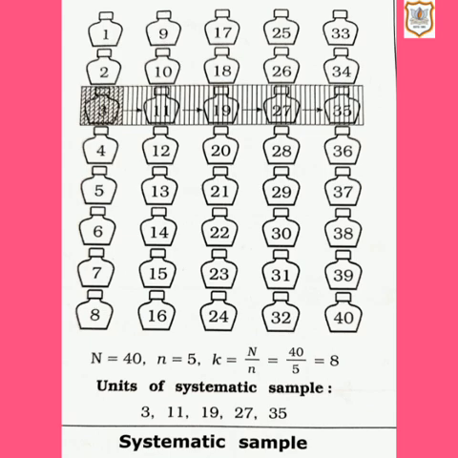Suppose we have numbers here in this diagram, you can see that there are numbers from 1 to N. Here there are numbers from 1 to 40. So the capital N, the whole population, is 40. We have to select a sample size that will be called small n. So the formula is k equals N upon n, population upon sample. Here the population is 40 and n is 5. So 40 by 5 is 8. So 3, 11, 19, 27, 35 is your systematic sample. So this is called systematic sampling.